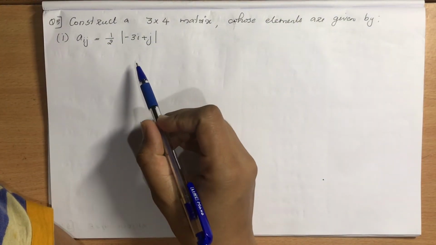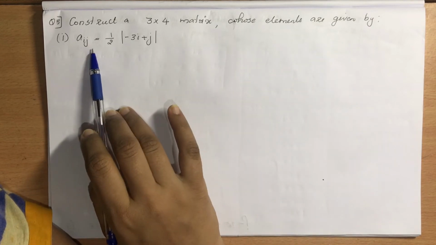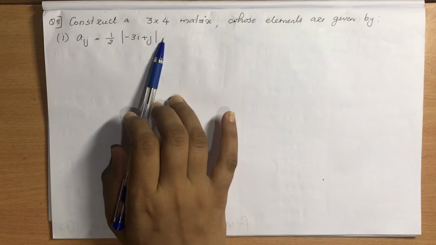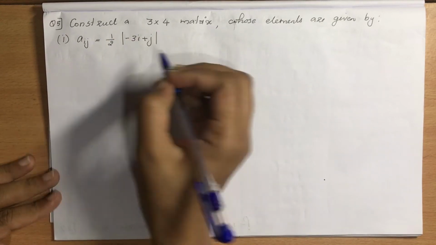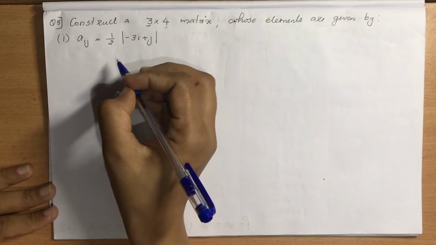Question number 5. Construct a 3 by 4 matrix whose elements are given by Aij equal to 1 by 2 mod minus 3i plus j. So 3 by 4 matrix. So that matrix how we can write? 3 by 4 means the number 3 rows, 4 columns, right? So the required matrix